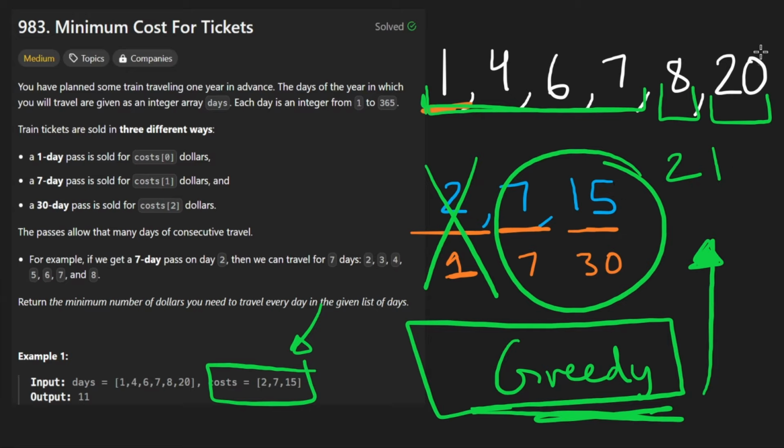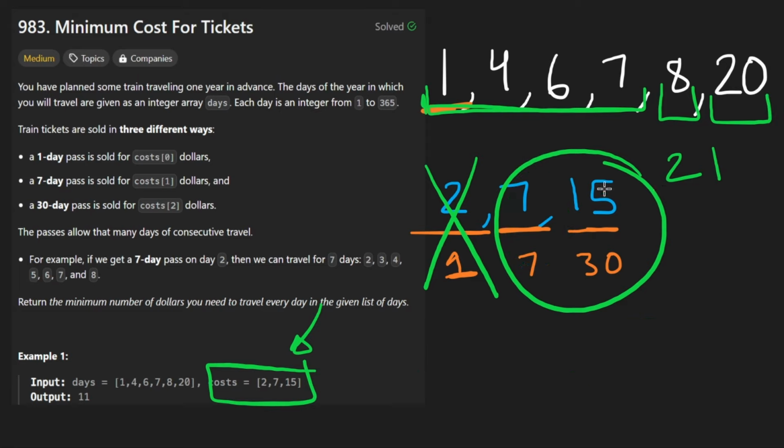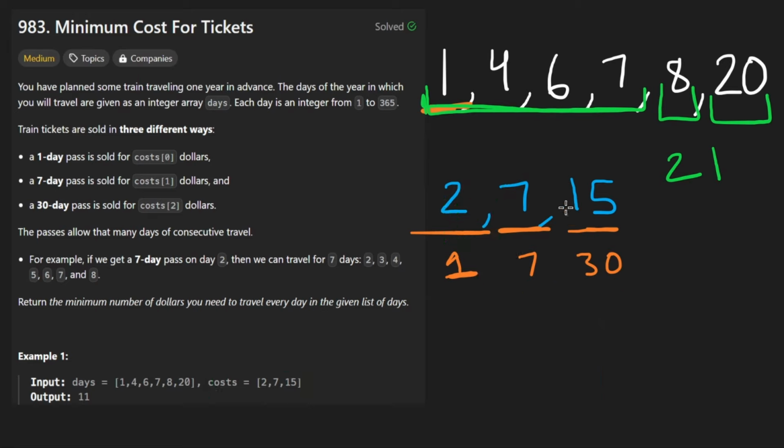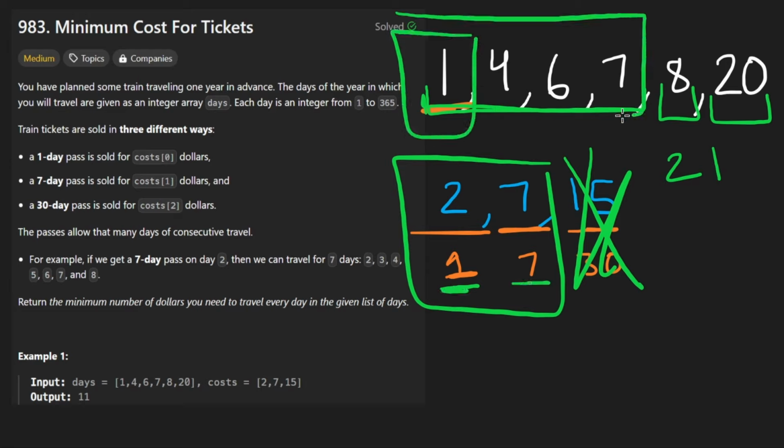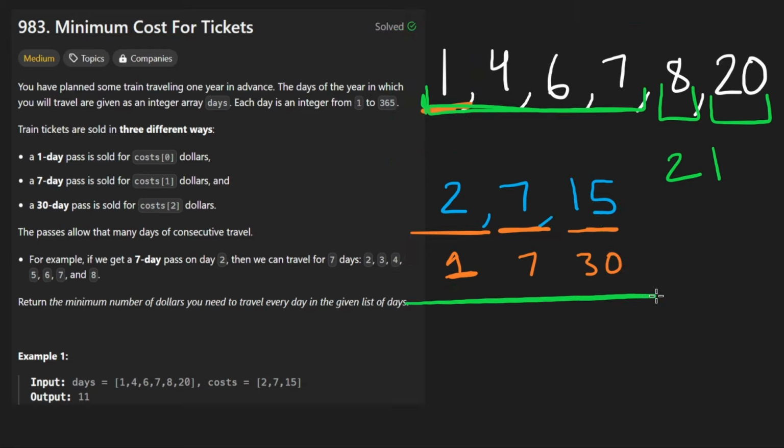Well, with the 30-day pass, I could get that far with a cost of 15, or I could do the 7-day passes with a cost of 21. I think it gets more complicated when you try to do a combination of both. So maybe we actually can't be greedy. I'm kind of confident that if we actually had these passes where we either choose a subarray of length 1 or we choose like up to length 7, I think we could probably be greedy with that approach, but you can see obviously why you can't be greedy when you have 3 choices, because I just showed you this way,